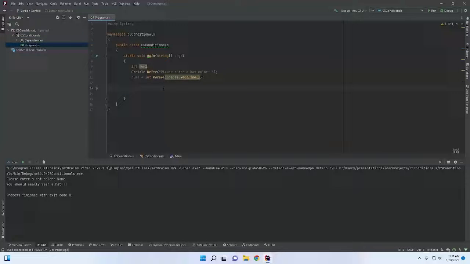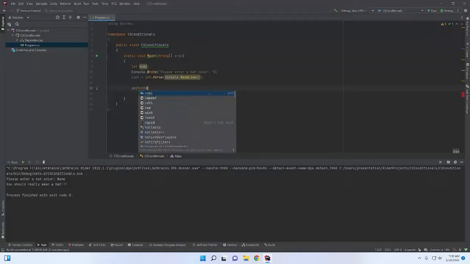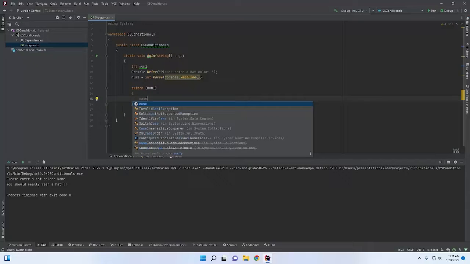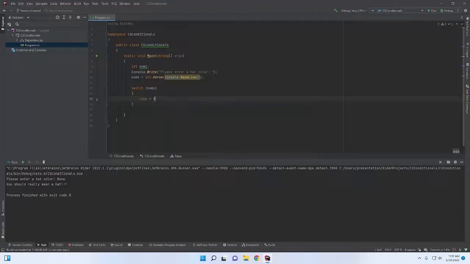We can also write a switch to switch off of ranges. So let's go back to our numbers that we have here, and let's go ahead and switch num1. And now our case, instead of being a fixed value, we can say case less than 50. So now this is checking, is this number less than 50? If it is,